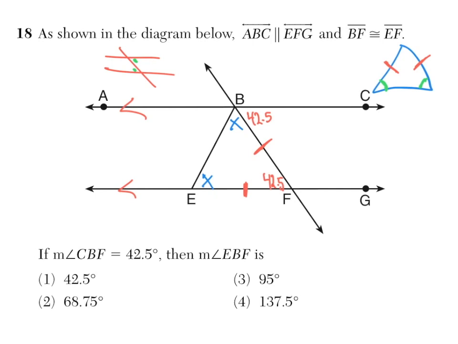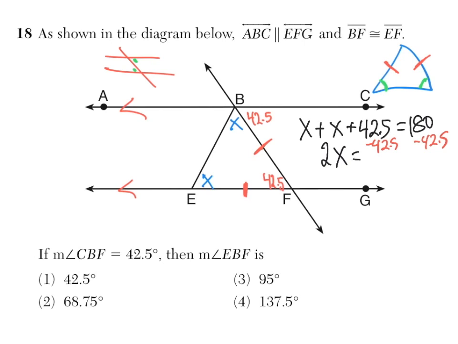What other information do we have here? Well, we've got three interior angles of this triangle, and I know the sum of the three interior angles add up to 180. So I'm going to write x plus x plus 42.5 equals 180. Let's combine like terms, and when we do, we have 2x plus 42.5 equals 180. Well, we can't forget that we need to subtract 42.5 from one side, we've got to subtract it from the other. And so now we have 2x equals what? 180 minus 42.5 gives us, when I plug into the handy dandy calculator,